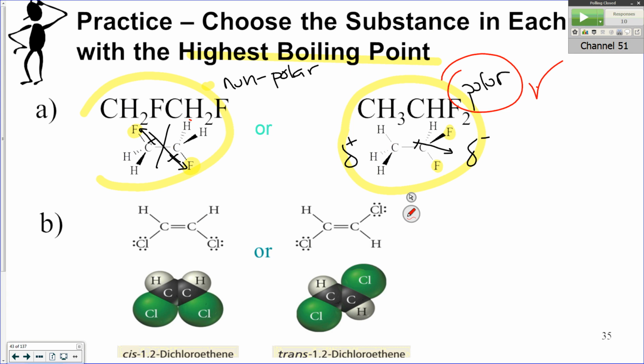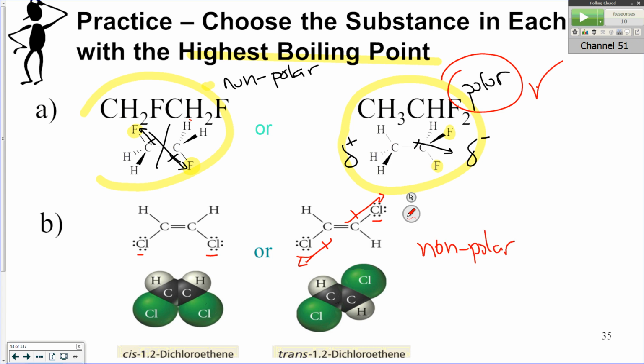So if we look at these two, we've got the two chlorines opposed to each other on opposite sides, but they're both on the bottom. This one on their own opposite sides, one's on bottom and one's on the top. So the one that's on the right is much like what we had on the top left. You've got the dipole moments on each one that are opposing one another, but there's symmetry in the molecule. So that makes that a nonpolar compound,